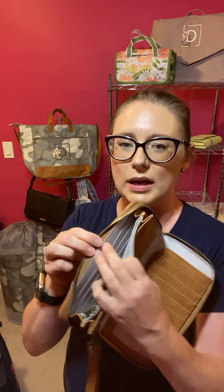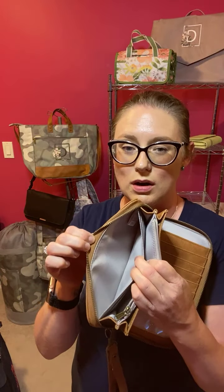And then back here, there's another secret hidden pocket. I keep a void check here for the kids' school cash online for anything that they might need. That's where I keep it because I know where it's going to be and it's hidden and it's void. So if anything happens to my wallet, I don't have to worry about it too much. Anyway, so again, All About the Benjamins wallet. That is my fave